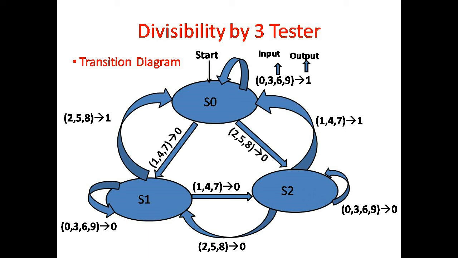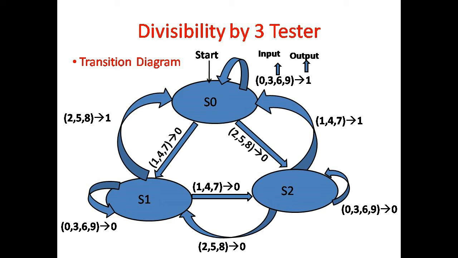Now the next step is a transition diagram. It is a directed graph whose vertices correspond to the states of the finite state machine, and directed edges correspond to the transition from one state to another state on the input symbol written above the directed edge. Now the transition diagram for the machine is shown in the figure with H0 as the initial state, and the final state can be H0 or S1 or S2 depending on the input number.